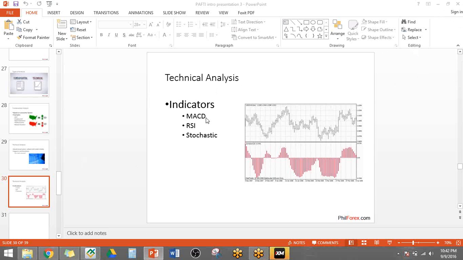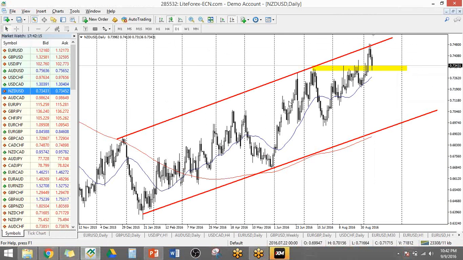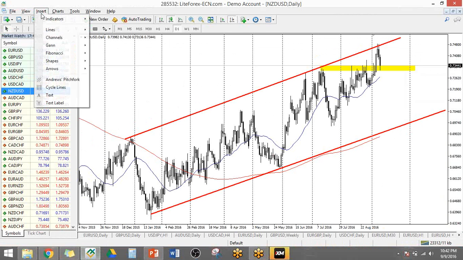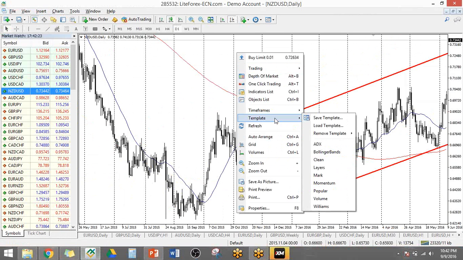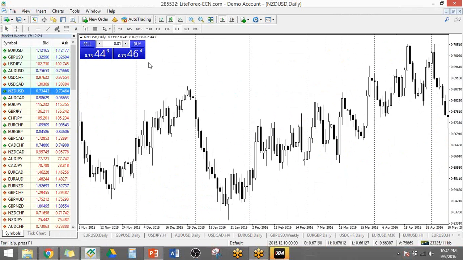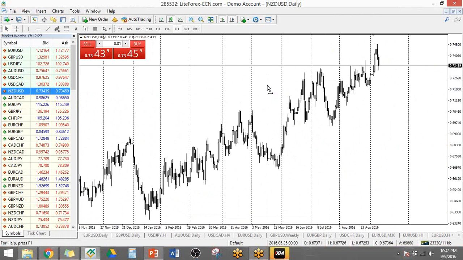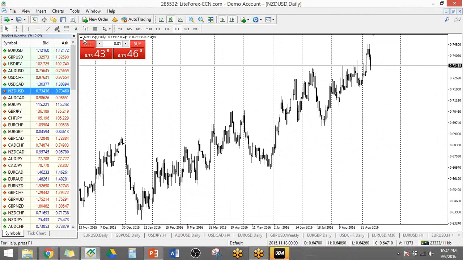So let's go with parabolic SAR. So, all right, let's go with that. Now, you go to insert indicators. Now, let's clean this chart up so that it's easier to draw in there.